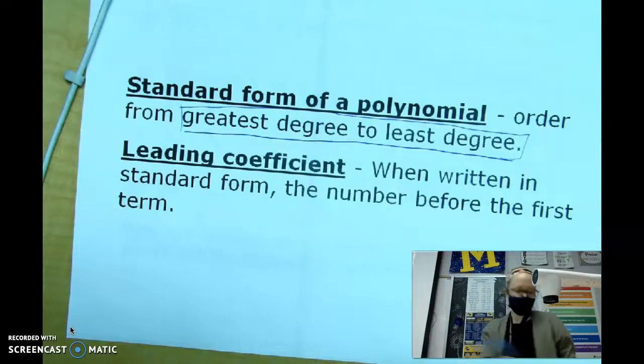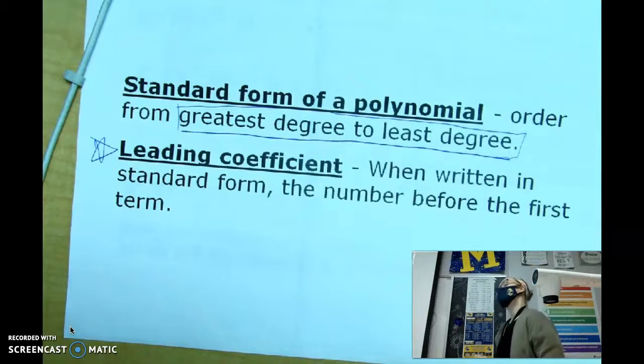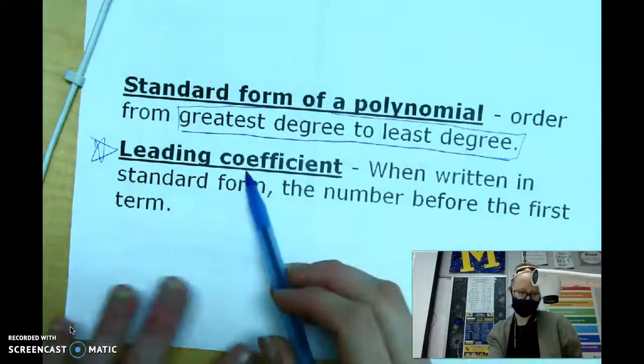This idea of a leading coefficient, though, is extremely important when you're talking about the orientation of a graph. It tells you if things open up or down. It tells you if things are being stretched or compressed. We'll get to all of those things in Algebra 2, but for now, being able to identify the leading coefficient